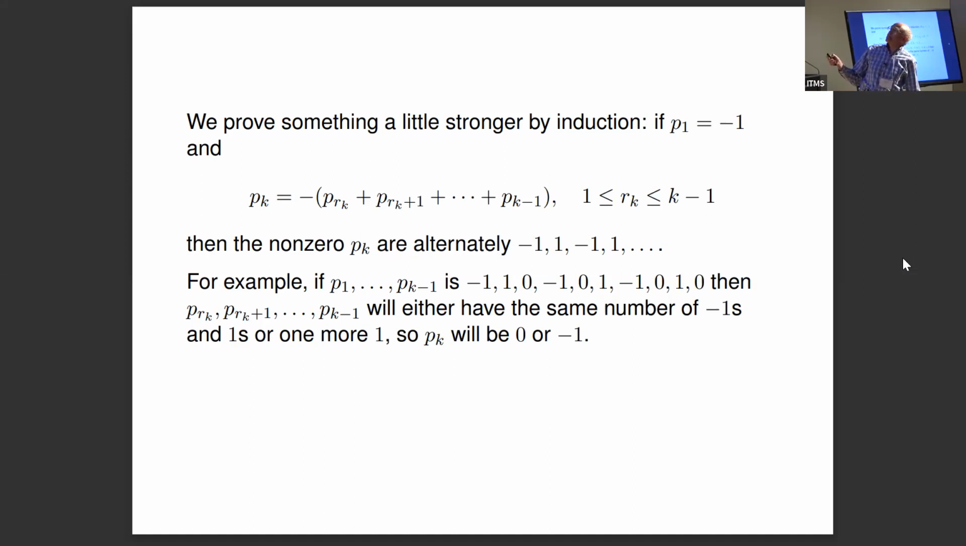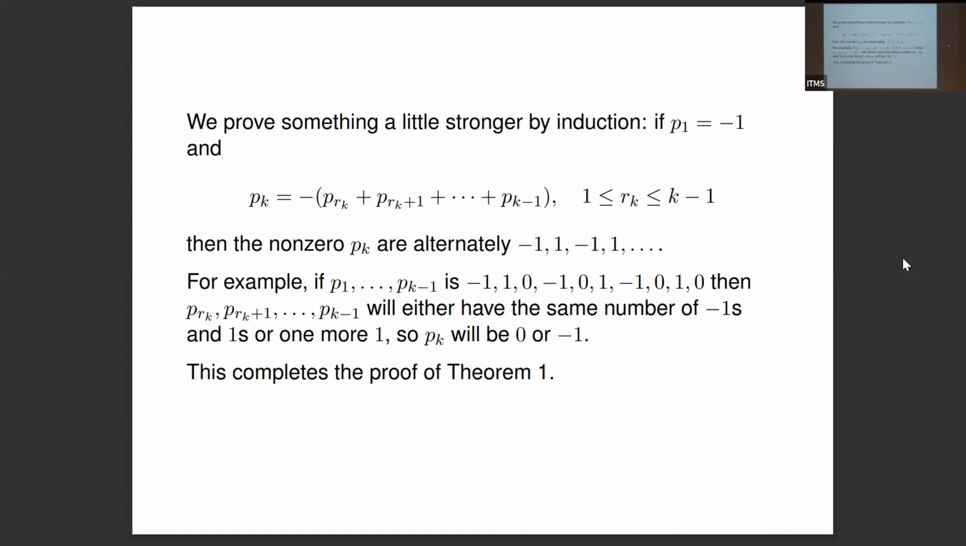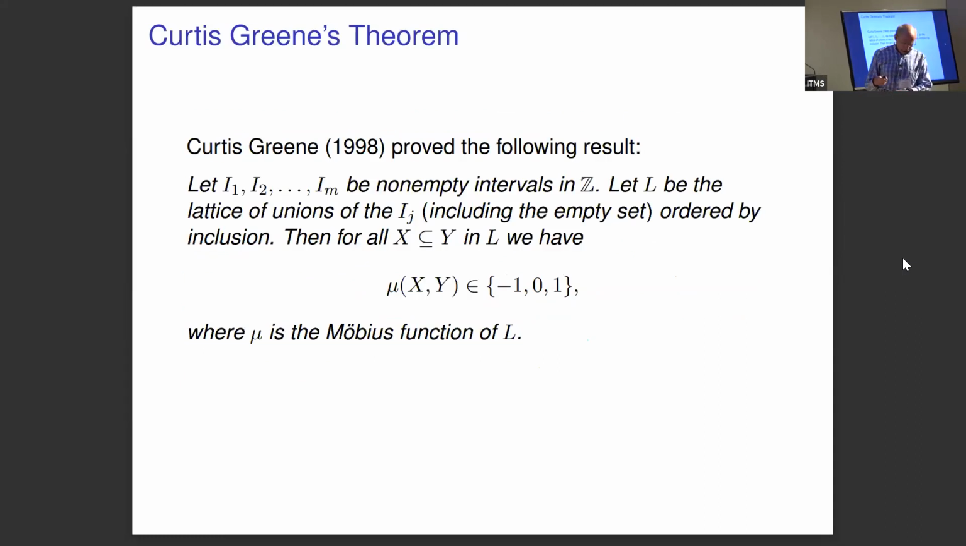So in this case, whatever this r sub k is, r sub k tells you where you're starting the sum. The sum will either be 0 or -1. Okay, so that proves Greene's lemma, and this completes the proof of theorem 1, just in case you lost track of where we were. So I want to talk now a little bit about